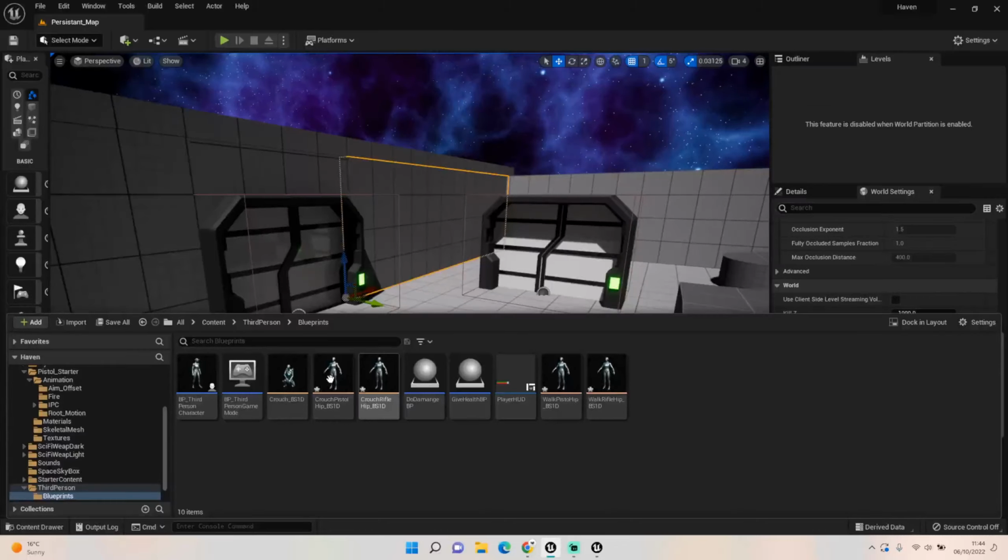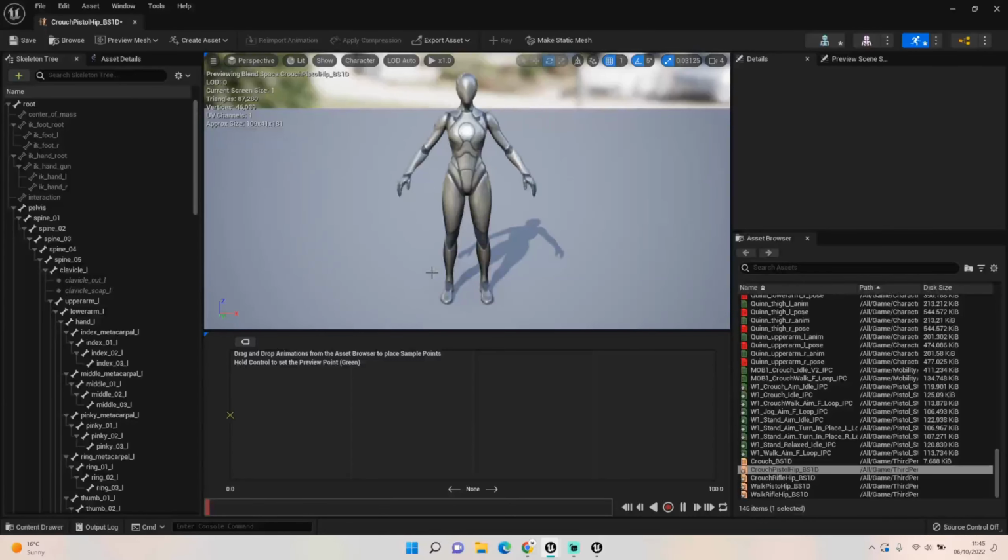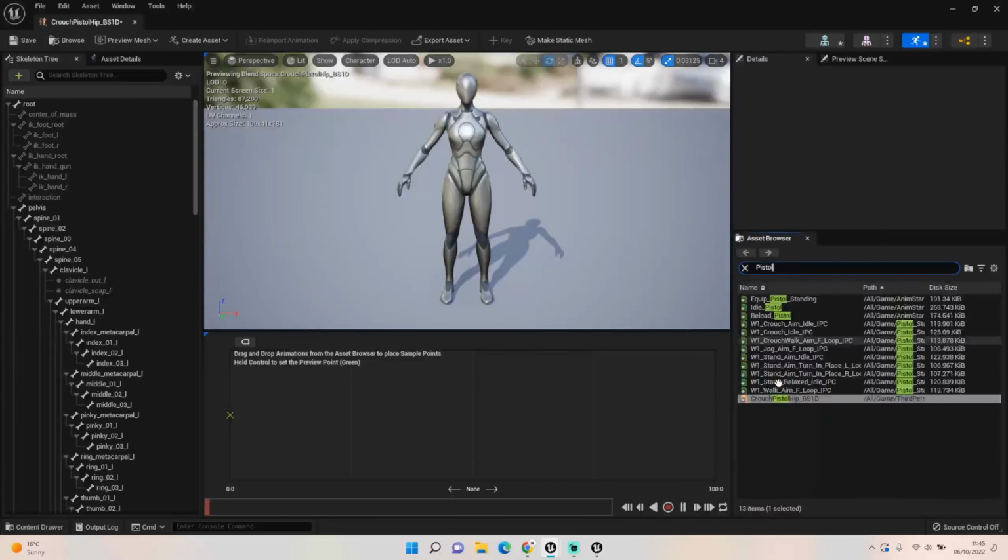Let's quickly just go through and set these up now. I have already retargeted a bunch of animations. I just found some off of the Unreal Marketplace. I think I used the animation starter kit, and there was an animation pistol mocap one as well. That's where I've got all these animations. So when the editor opens up, we now just need to search for pistol. Again, you'll have your own animations depending on the packs that you download. As I said, I used the pistol animation pack from mocap, but it gives us enough that we can set up